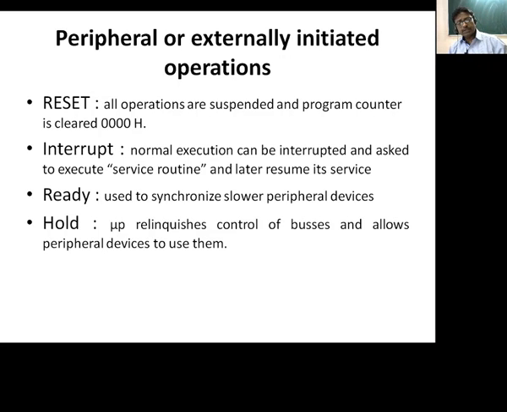The second operation is the interrupt operation. Now any peripheral device or the memory device wants to interrupt the operation of the processor, it can be done with the help of the interrupt line. Interrupt normally means temporary halt, temporary stop. Whatever execution the processor will be doing, whenever it receives any interrupt signal from the peripheral or external devices, it will suspend its execution temporarily.